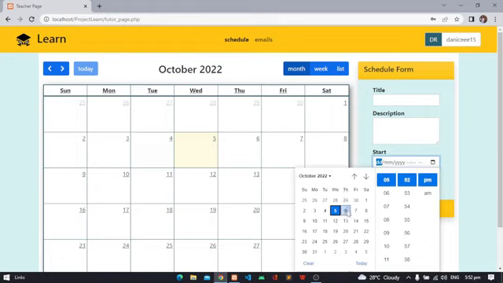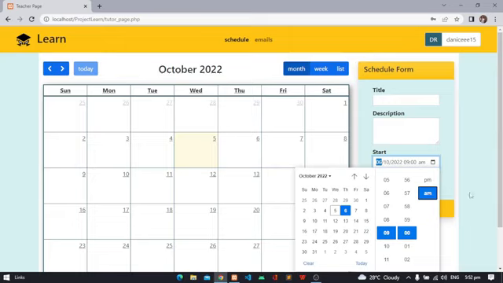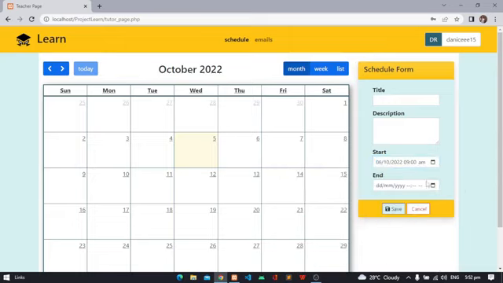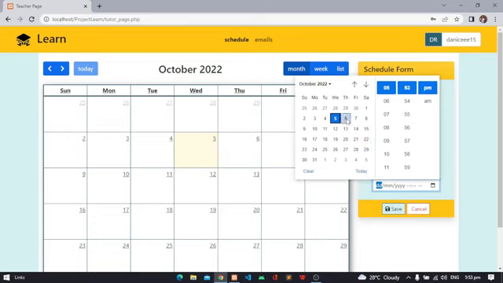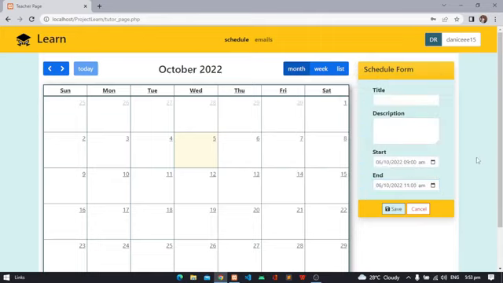So it is October 6, Thursday, from 9 a.m. and it will end at 11 a.m. The tutoring session's date and time will depend on what can be discussed between you and your students.